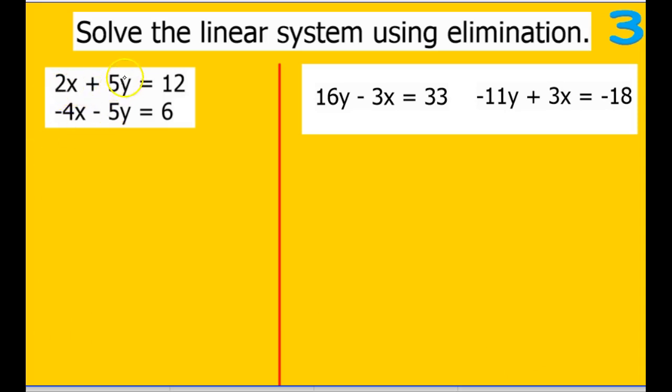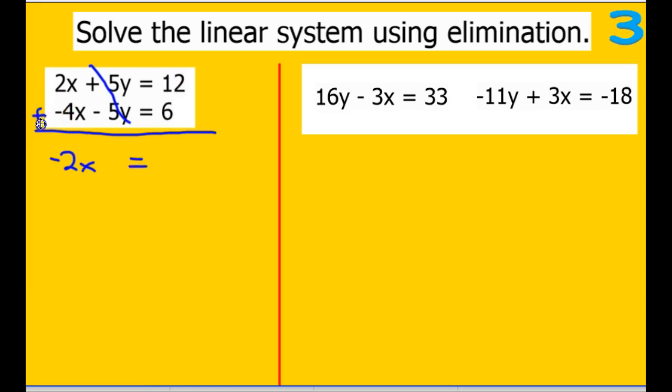Alright, next one, we are looking for opposites. So we'll start with our x's because they're first. 2x and negative 4x. Are those opposites? Well, no, they're not, because this is 2 and this is 4, so those can't be opposites. So we go to our y's. We have plus 5y and minus 5y. Looks like opposites to me. We have a positive 5 and a negative 5. Those are opposites. So we are going to eliminate those, and we get 2x plus negative 4x. 2x plus negative 4x is negative 2x